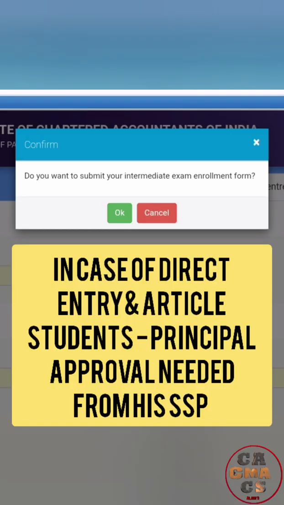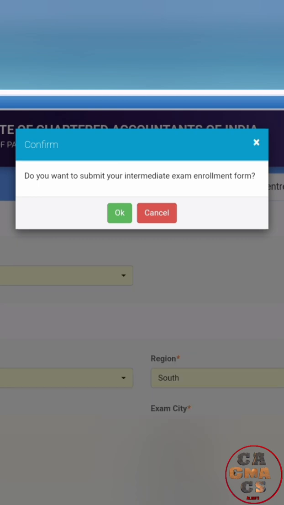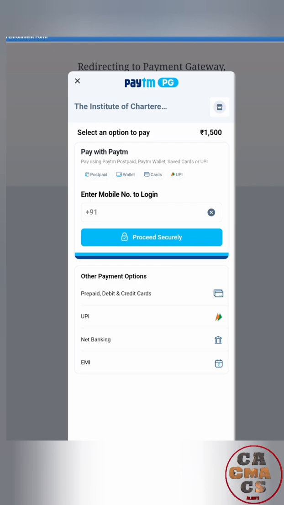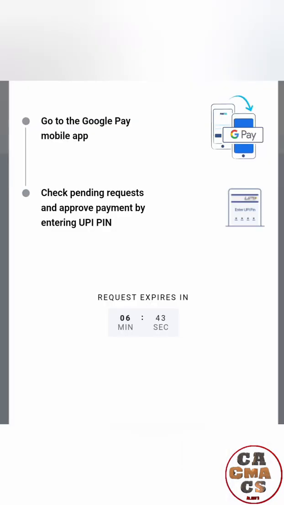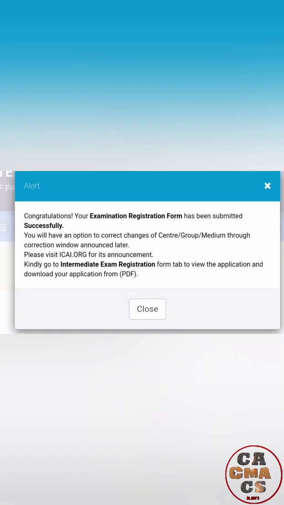Here it is showing you, "Do you want to submit the Inter exam enrollment form?" Tap on OK. Then it is redirected to the payment gateway. Now you have to make the payment. You can pay through UPI, net banking or other modes shown there. Likewise you can pay the examination fees, and after successful payment of the examination fee, it will show you a